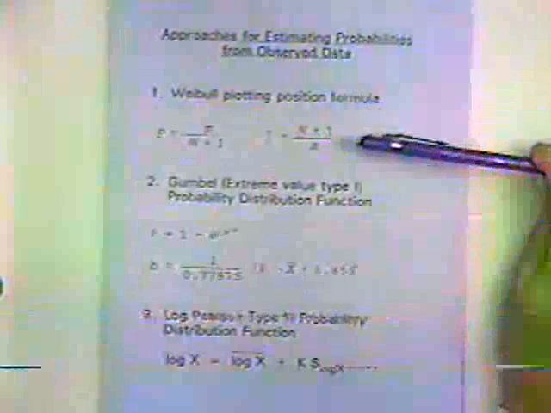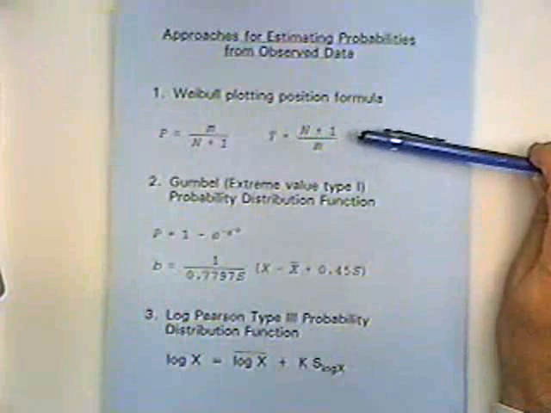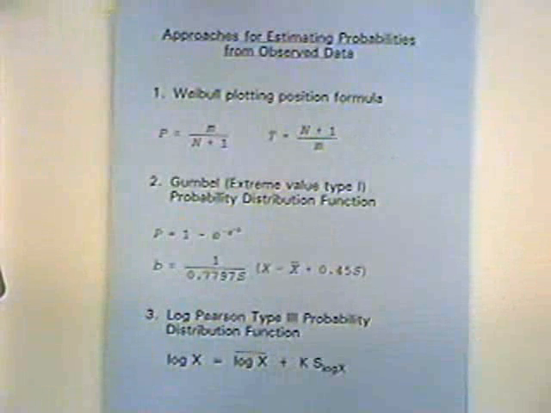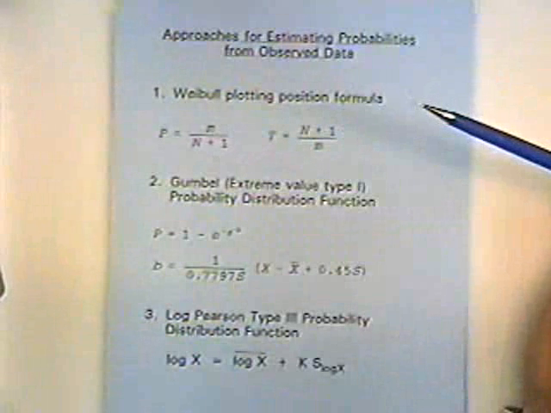So, given an annual exceedance probability, we can get the risk of a given discharge being equaled or exceeded in any other period other than 1 year: 5 years, 20 years, whatever. But we've got to use data to actually get the exceedance probabilities. And there are different ways of doing that. A viable plotting position formula is just the concept of relative frequency. The plotting position formula is given here, where M is a rank, N is the number of years of data,